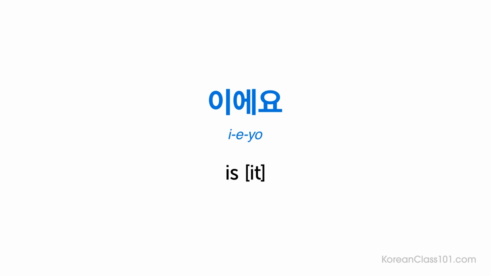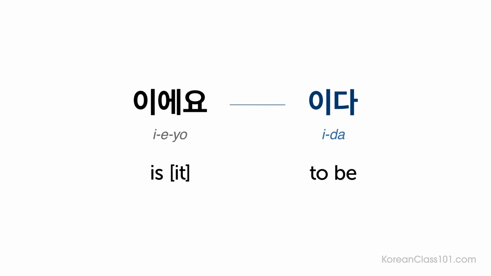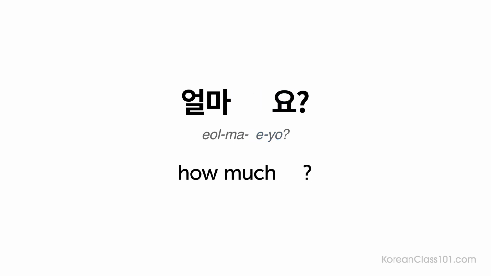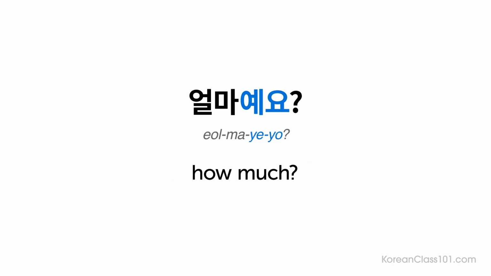Next is 이에요. Here it's like the "is" in "is it." 이에요 is from the particle 이다, meaning to be. Together it's 얼마이에요? However, 이에요 often gets shortened into 예요 when it comes after a word that ends in a vowel, as in 얼마, so it sounds more natural to say